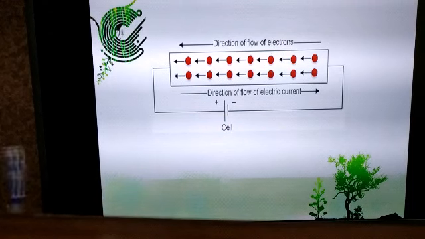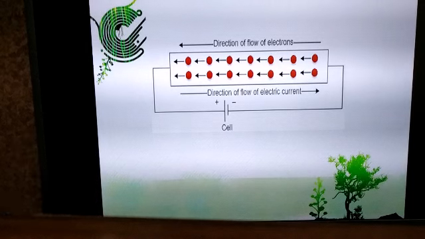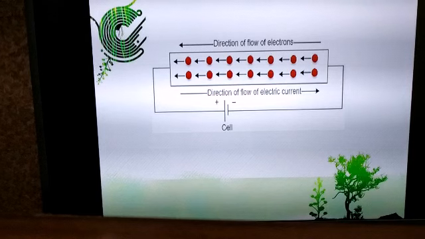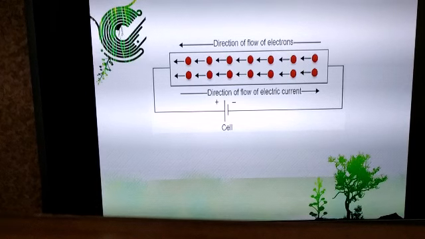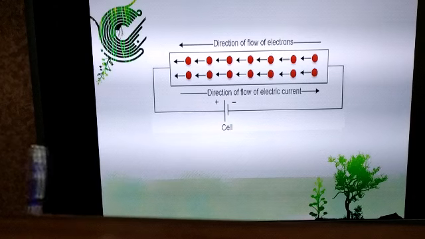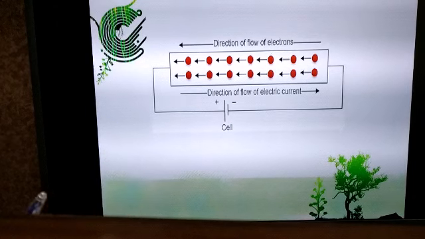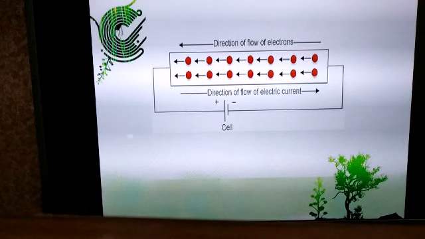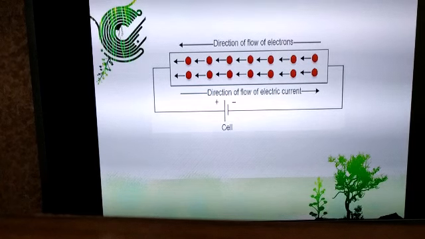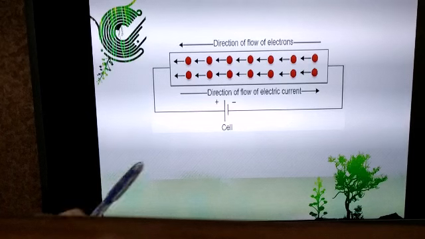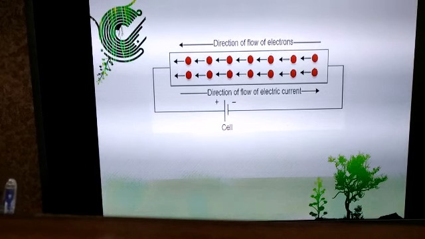Now the velocity or the speed with which these electrons move in the conductor is called the average drift speed. The average drift speed will depend upon the electric force which will be provided by the source. If it is a cell, then the electric force provided will be less, and therefore the average drift speed of the electrons will be less. But instead of a cell, if there is a battery where 2 or 3 or 4 cells are connected together, then the electric force acting on the electrons will be more, and therefore the average drift speed of the electrons will also be greater.